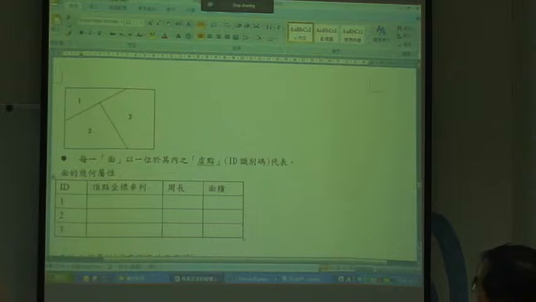So here are 3 polygons, and probably some systems will show the vertices of these polygons. There are 1, 2, 3, 4 vertices, a list of the vertices, and then the length of the